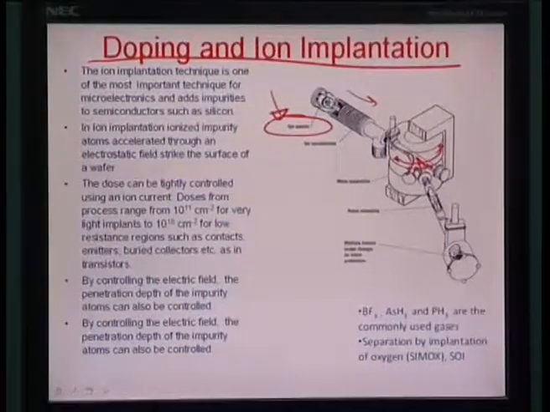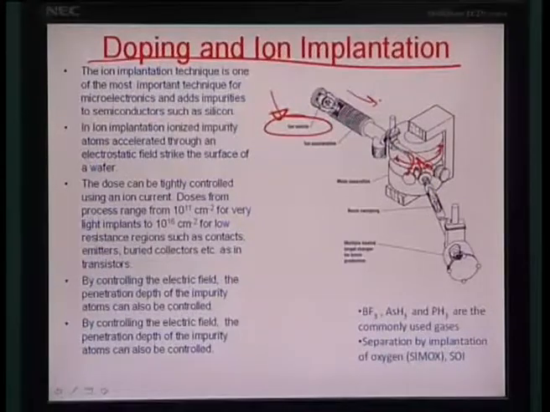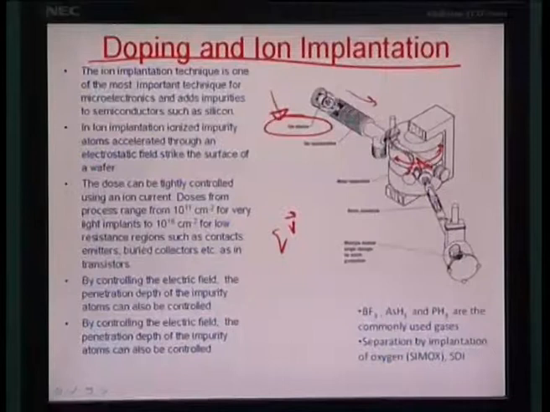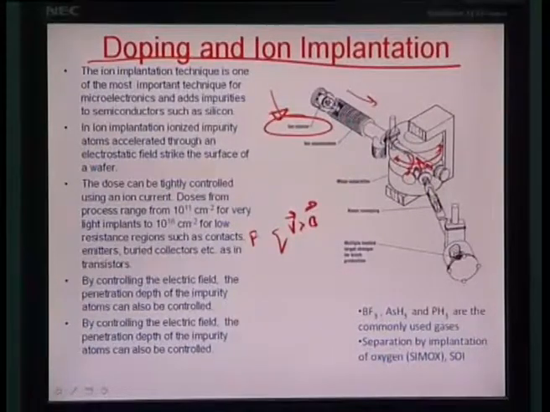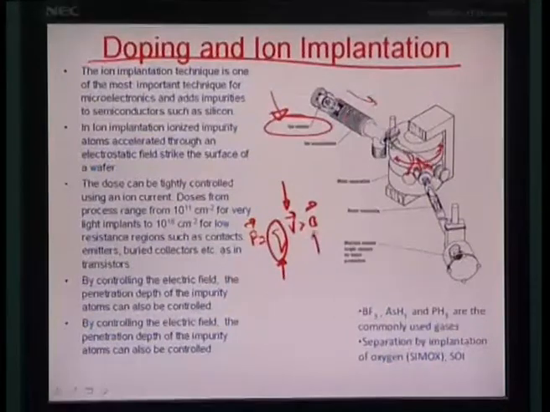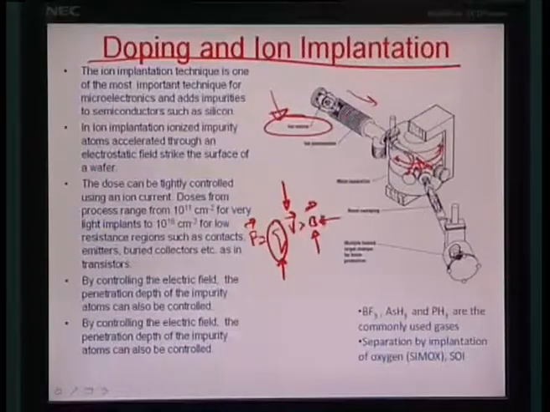So if you are looking at maybe several ions coming together, they feel different forces based on Q times V cross B. This is the Lorentz force. Q is the charge on the ion, V is the velocity of the ion, and B is the magnetic field. Assuming the magnetic field remains constant, and the velocities are different,